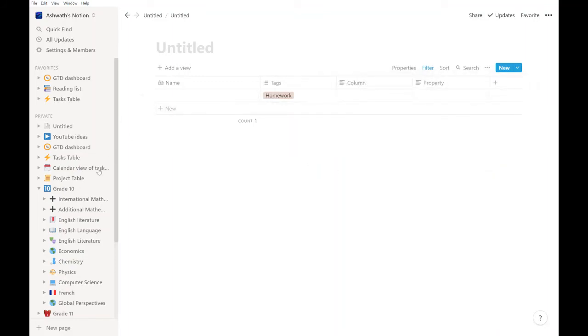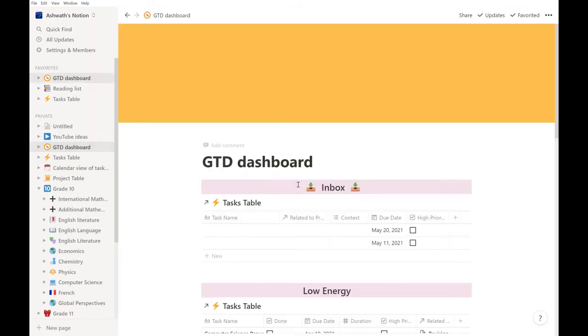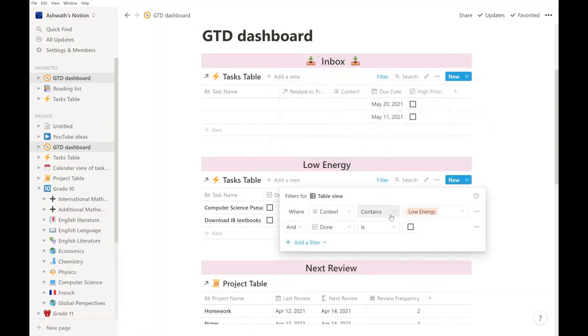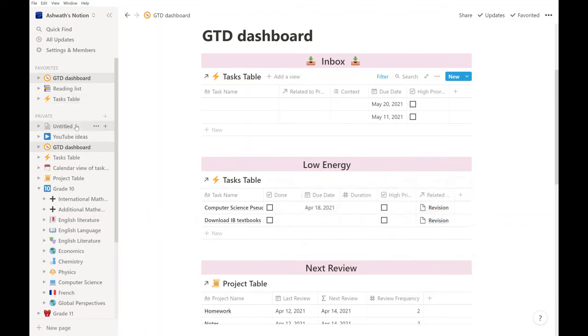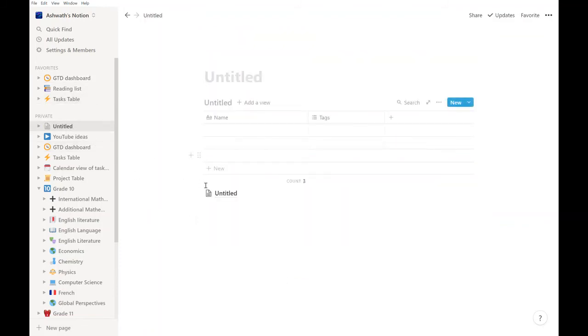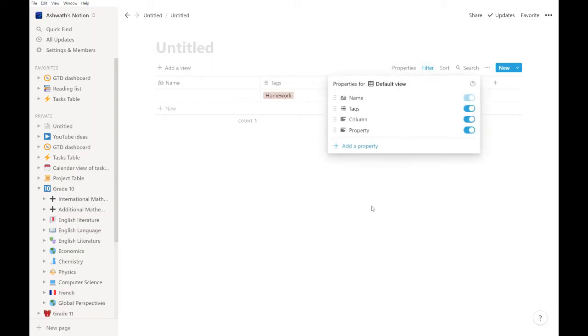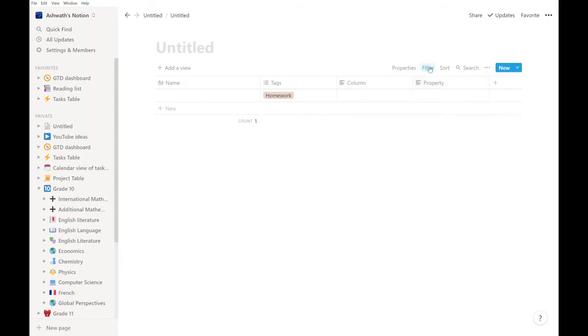And this is what was done in these GTD dashboards as well. Like here, if I click on the filter, you'll see related to table is empty. And all these have the separate option, like here tag contains this and done is that, and all these other stuff. So that is very helpful because then you can have a sort of a backend where you store all the data. Then have a front end with everything organized neatly, so that it's very easy to read everything that you have. And these options turn blue once you add a certain thing to it, like the filter turns blue.